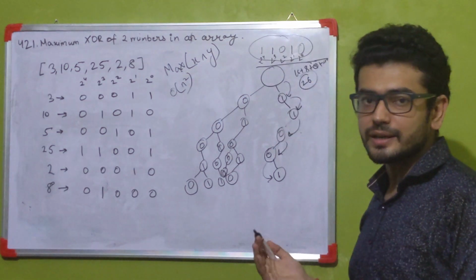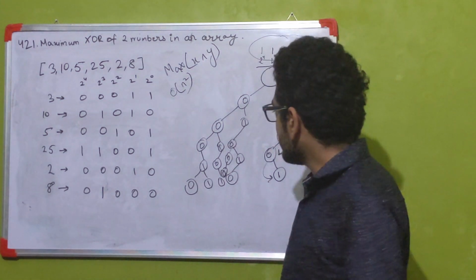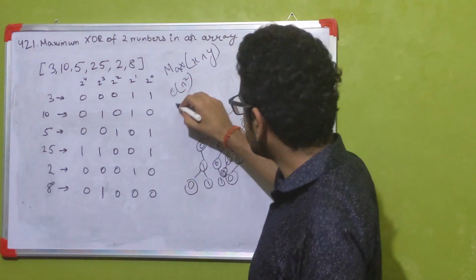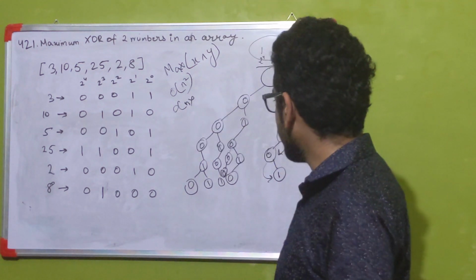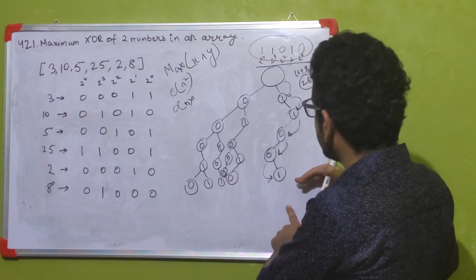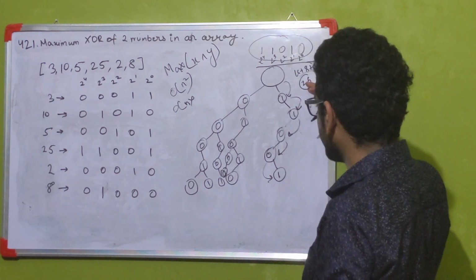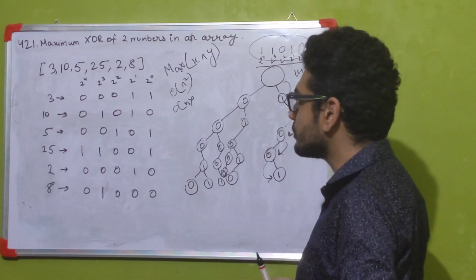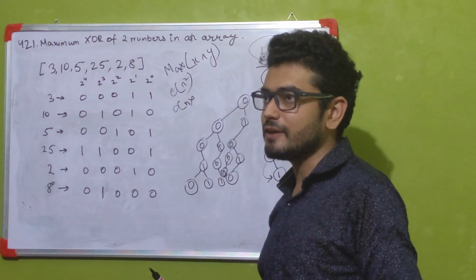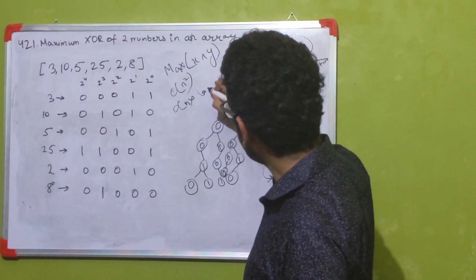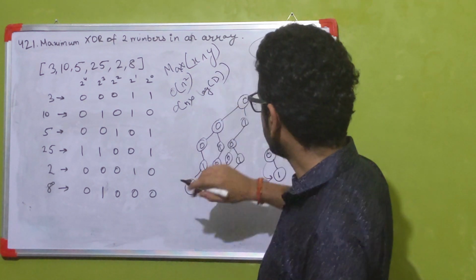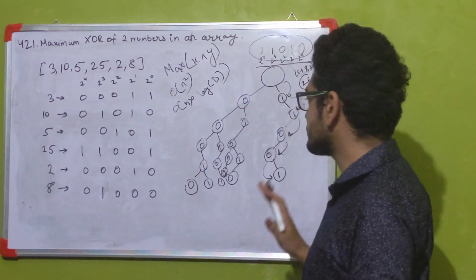So now let's look at the time complexity of this solution. In this solution, what we are doing is basically iterating across all these numbers, which makes it O of n multiplied by, we move only across the size of this tri-tree, which in the current case is 5, but in most cases it will be equal to the number of binary digits that we have. The number of binary digits for a number can be represented by log of, let's say the maximum number that we have is d, so log of d. So this is the time complexity for this solution.